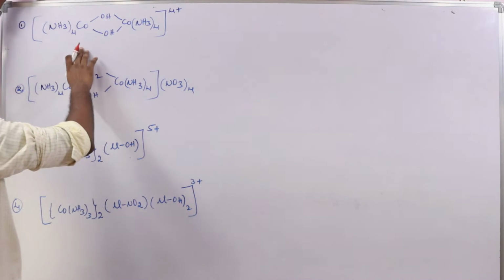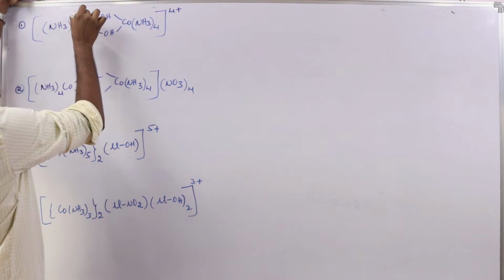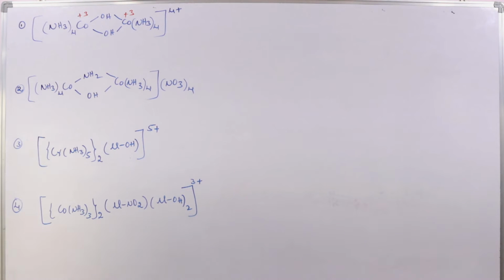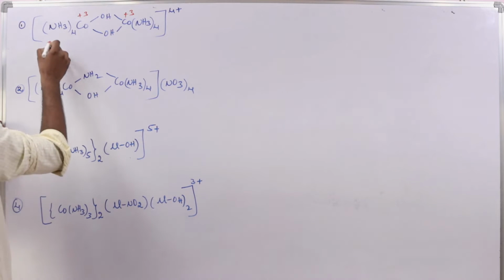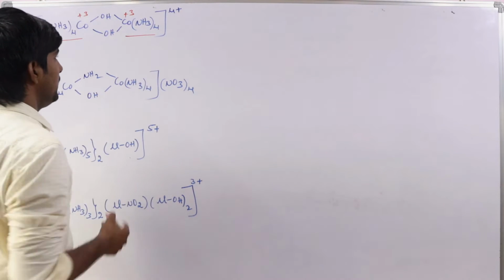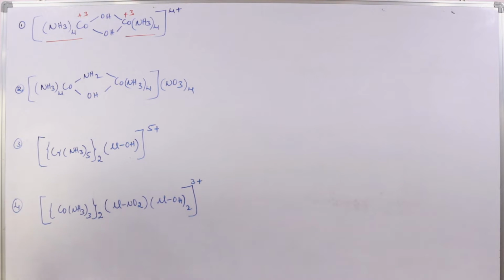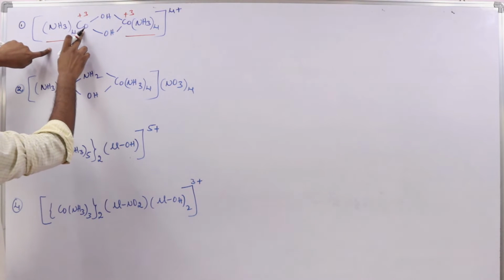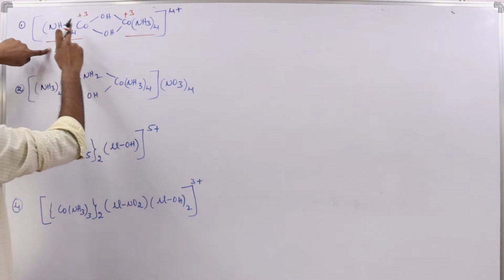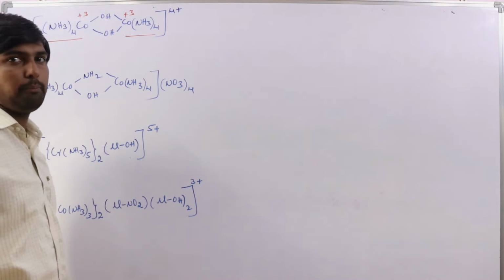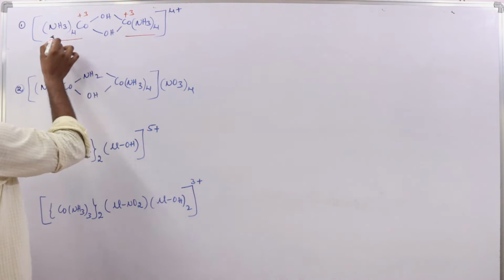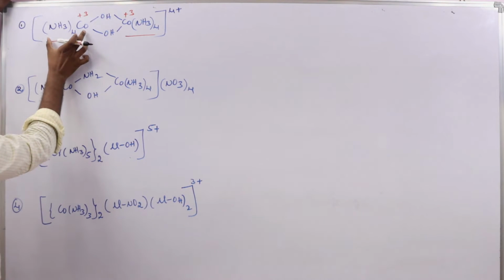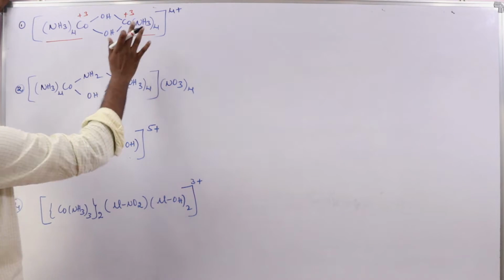First thing is the same. Here we have to find the oxidation state of the metal atom. Here cobalt oxidation state is +3. But if you observe the complex closely, this is a symmetrical dinuclear complex. This side we have cobalt and 4 amine ligands, and this side also we have cobalt and 4 amine ligands. So the same units are present here, and in between these two we have two bridged ligands.